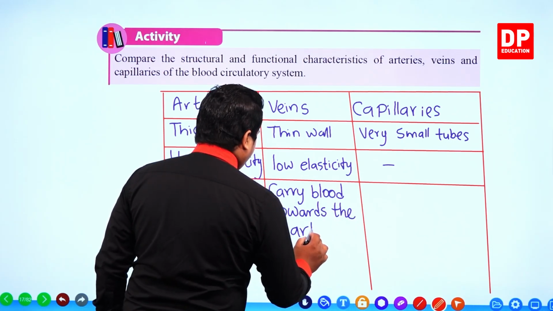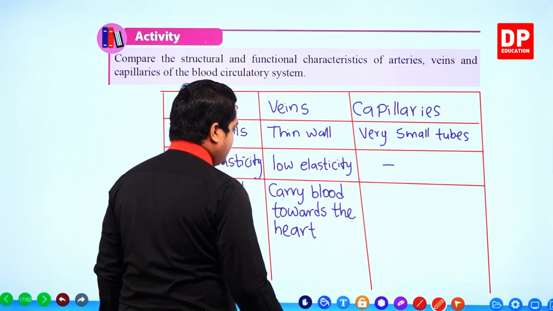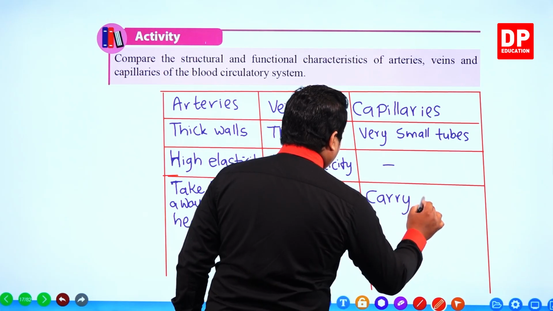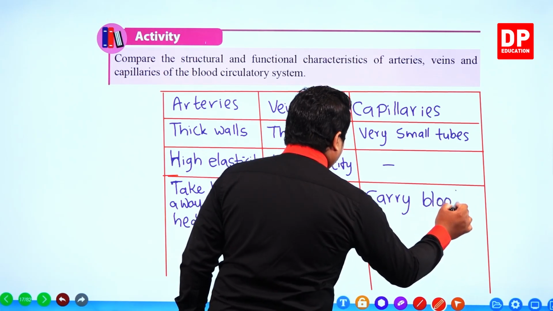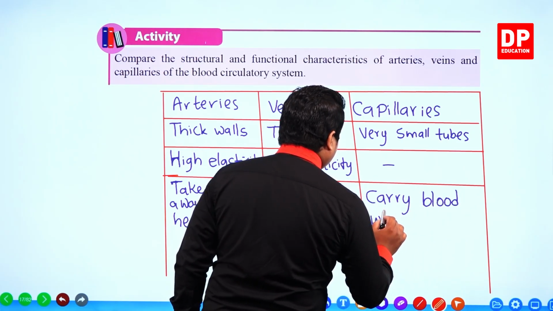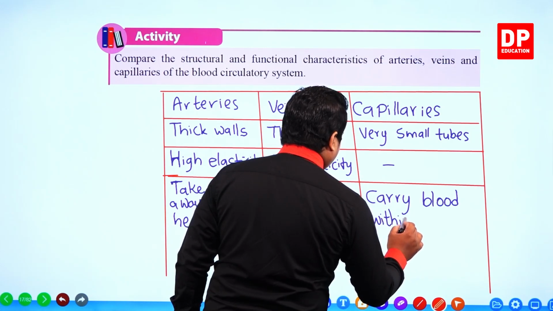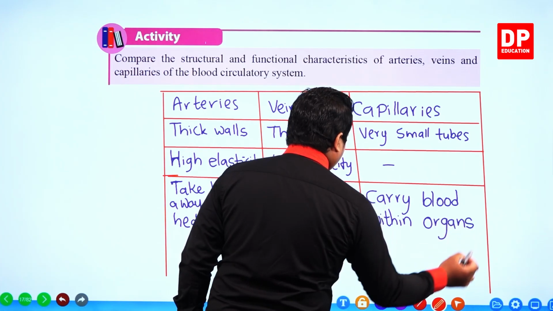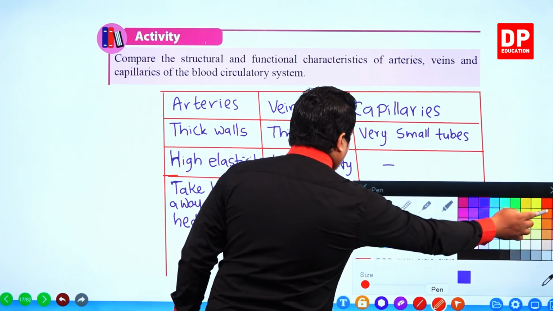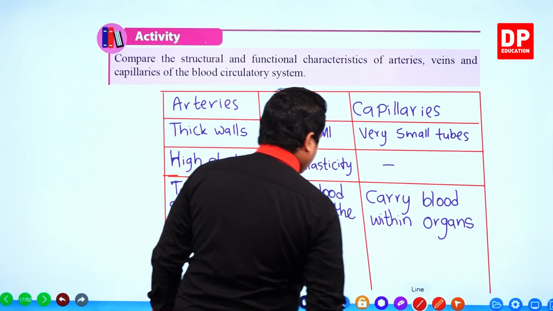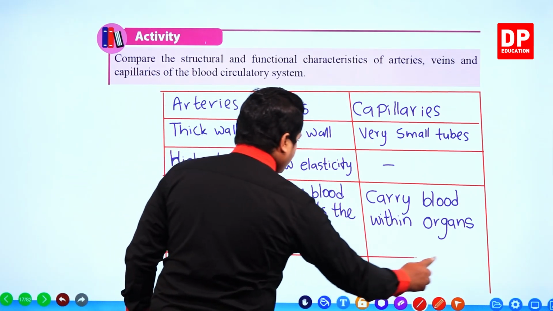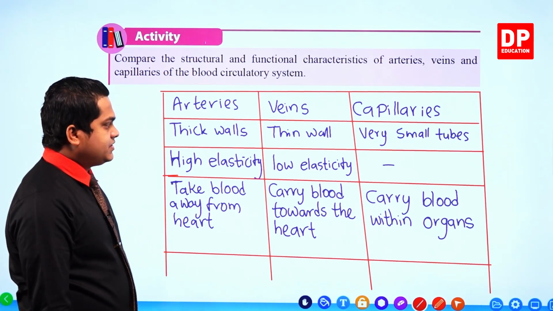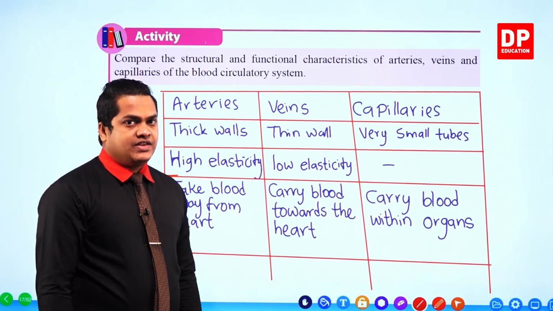And my dear children, if you take capillaries, they carry blood within organs. So these are several structural and functional changes that we can observe within veins, arteries and